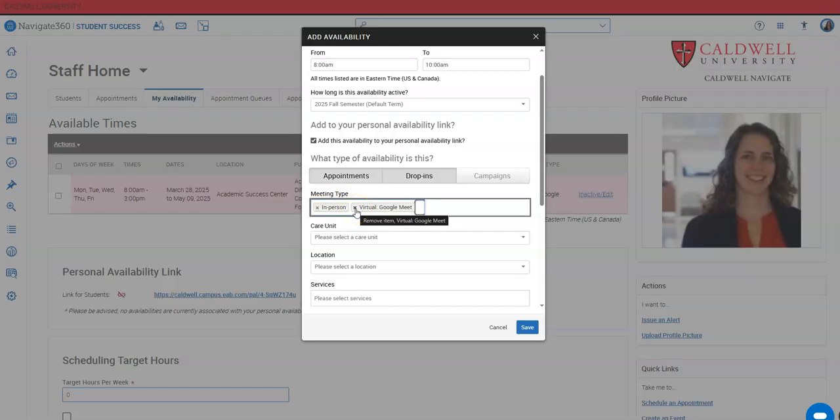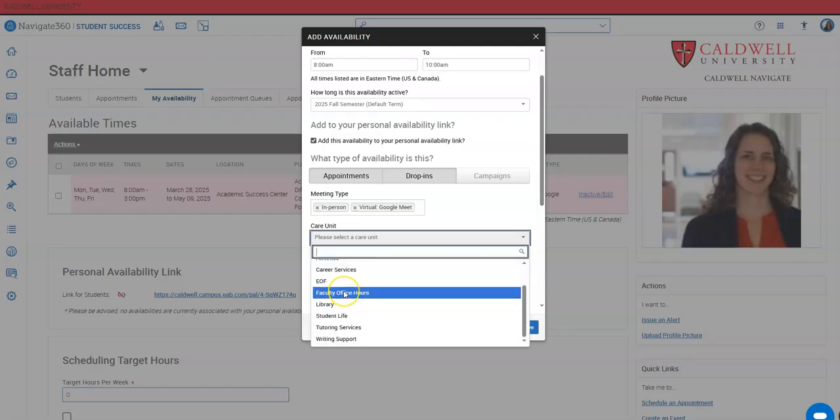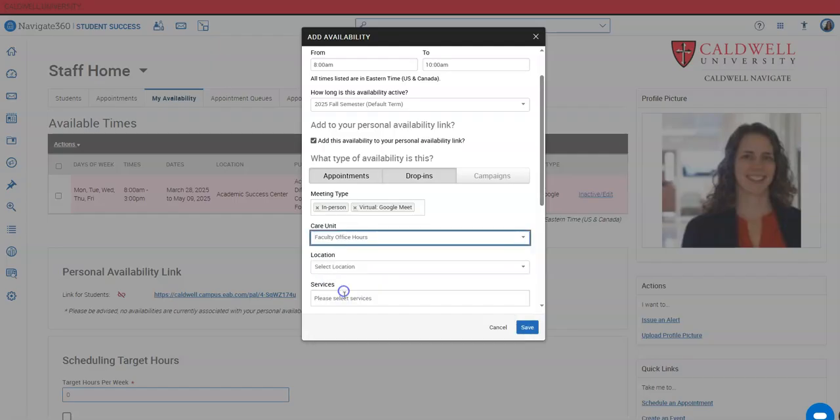But if you have a preference, or if, for instance, there's a certain day of the week where you're off campus, feel free to add whatever specifics you want in here, whether you prefer just in person or just Google Meet or both. For the care unit to set up faculty office hours, you are going to add faculty office hours